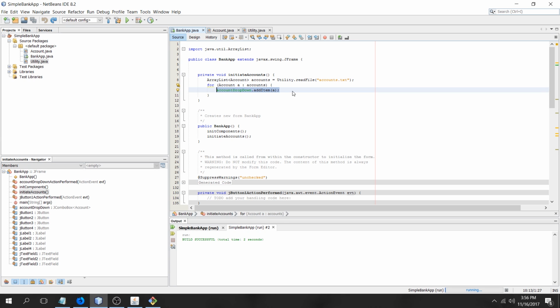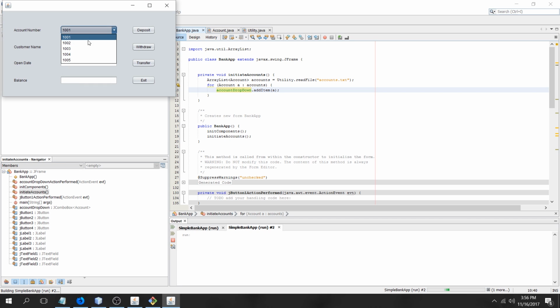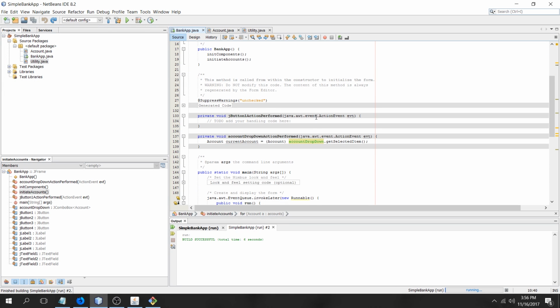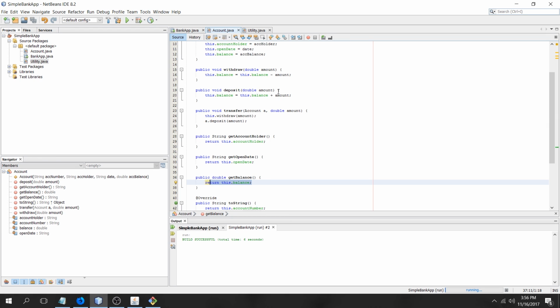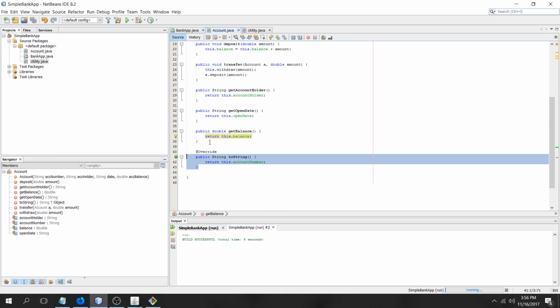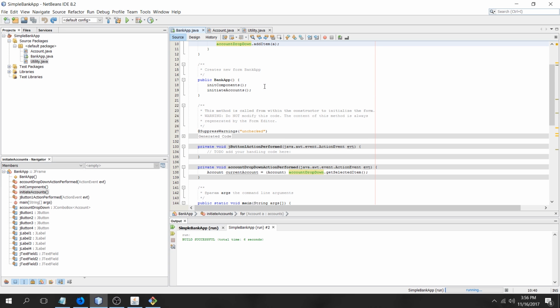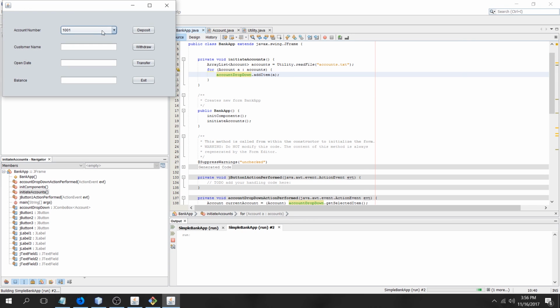But the problem is when I display them on the drop-down list, you see the account object, which is a bunch of gibberish. But apparently, I think the combo box or the drop-down list actually reads the toString method of your object to display. So in this case, I overrode the toString method to display the account number, so that even though these are objects in here, it will run the toString method, which returns the number to display,